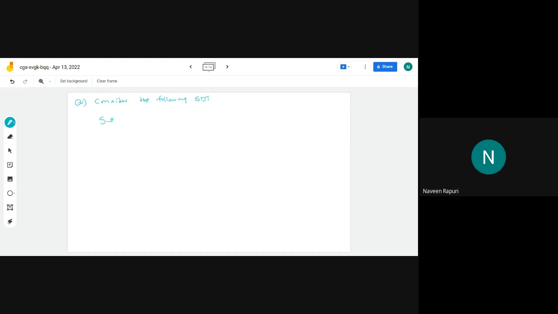S derives capital AS. S derives AB. A derives small a. B derives small b, capital C. And capital B derives small d, capital B. And capital C derives small c. So here the questions are: